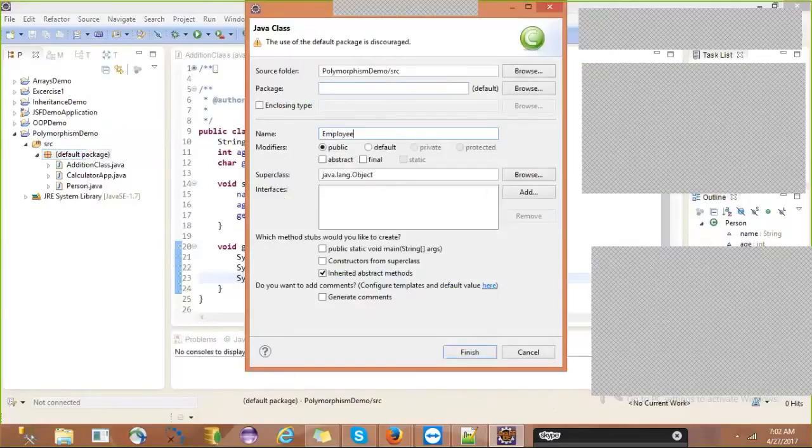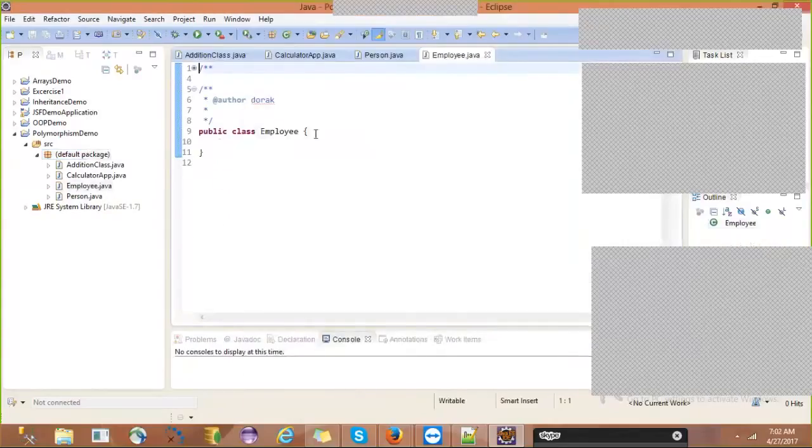In the employee, what are the fields that we need to have? Simply, if we write a class employee, it can't be a person. We should establish the relation. How? Extends person. Now employee becomes a subclass of person, and the relation between employee and person is an is-a relation.